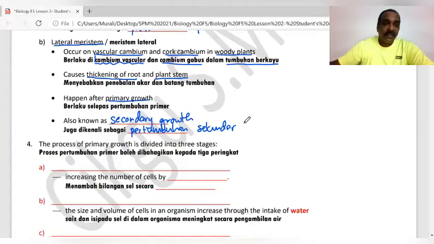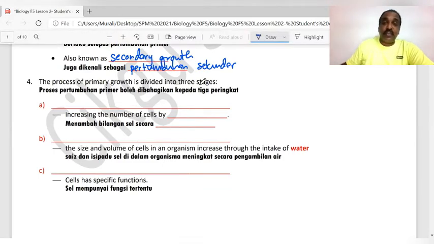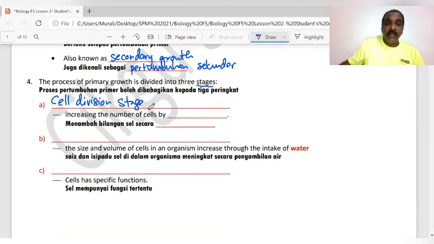Let's go. So the process of growth, primary growth, is divided into 3 stages, 3 zone, 3 peringkat. The first one, we call it as cell division zone. Okay, so cell dia mula-mula kena alami pembahagian sel. So we call it a cell division stage atau zone. Peringkat pembahagian